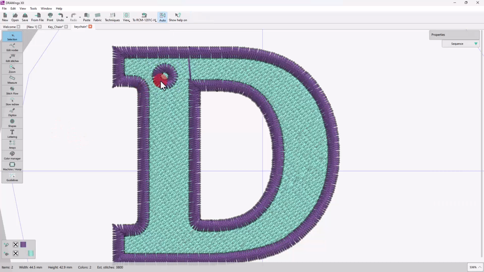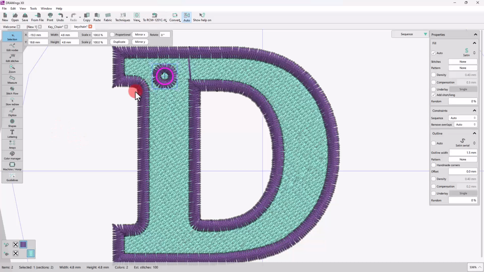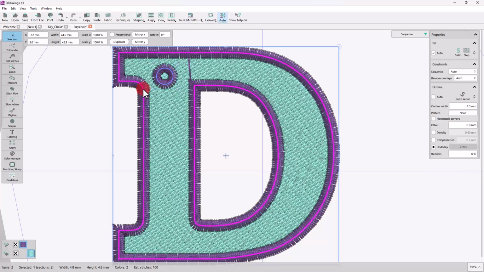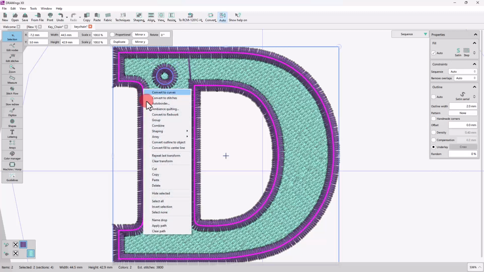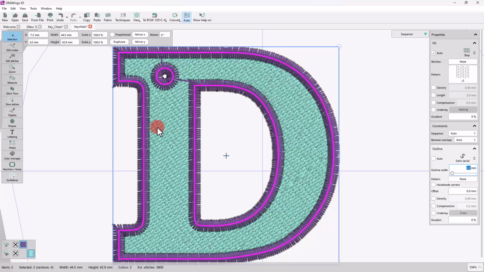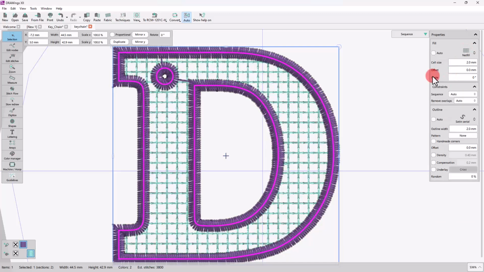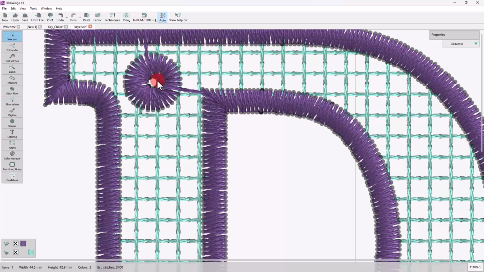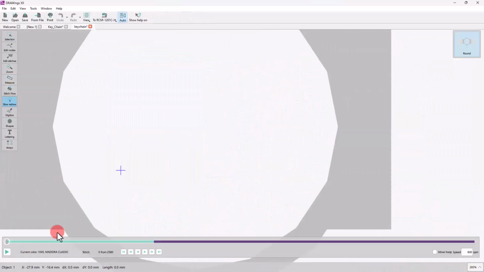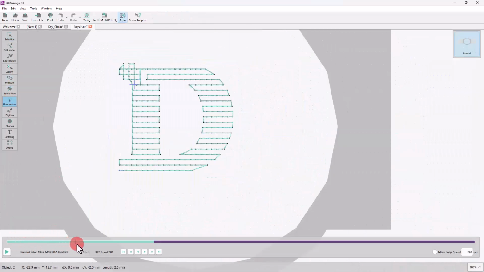Now, to create the hole of the keyring, select the lettering part along with the circle. Right-click and use the Combine option. The ellipse we combined has now created a hole on the lettering part. Set the fill type of the combined part to Net Fill. And just like that, you have your keychain design with a hole for the keyring.